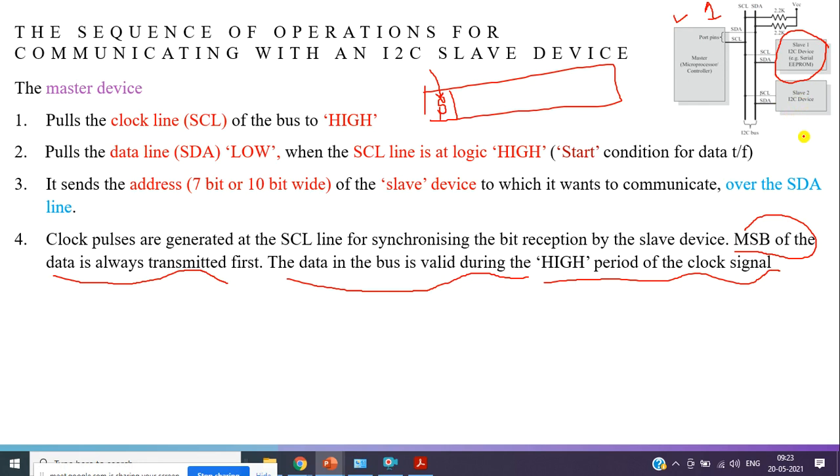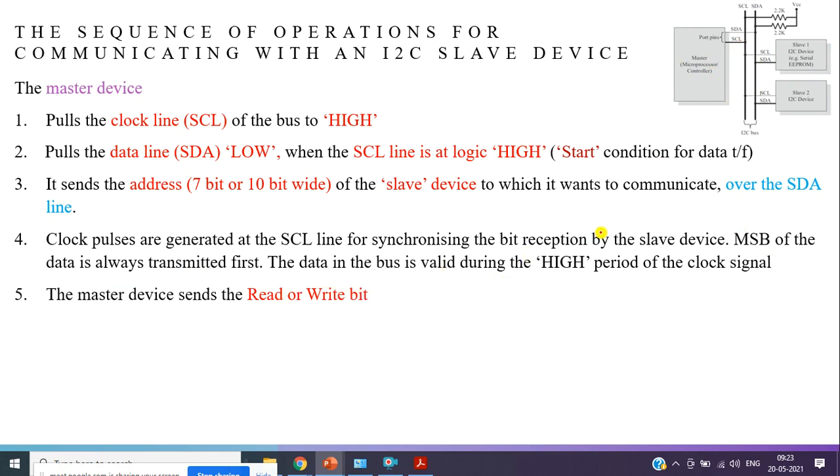You may ask me, is there any possibility that slave 1 and slave 2 can simultaneously send the acknowledgement? No, definitely it is not possible. It is something like the master is doing a postman job. He will not give the same post to two different houses because it has to match the address. So that's how the communication takes place between master and slave during the address transfer.